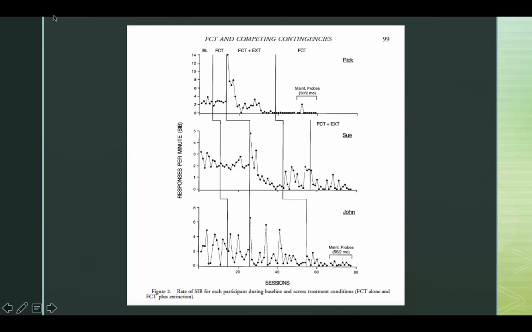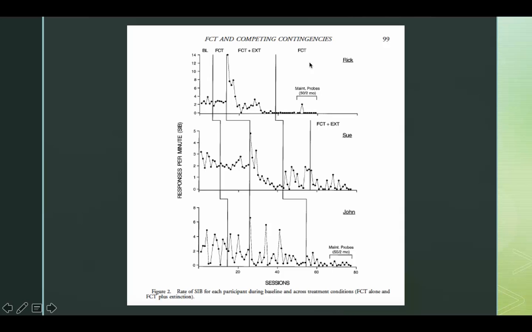So one of the things they looked at that I think was very cool about this study is they looked at, all right, once we've demonstrated that functional communication is effective, once we have the individual engaging in the functional communication response, the arbitrary response that we want. So Rick clasping his hands, or Sue clapping her hands, or John raising his hand. Once we have that going, which is here, and it's being reinforced,